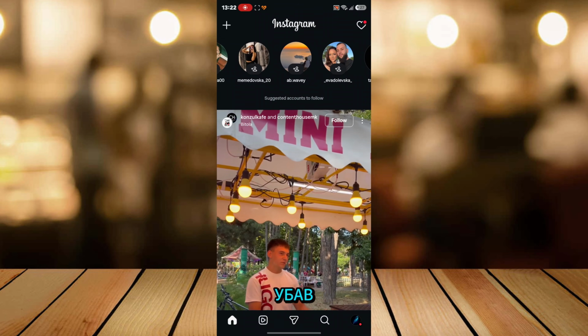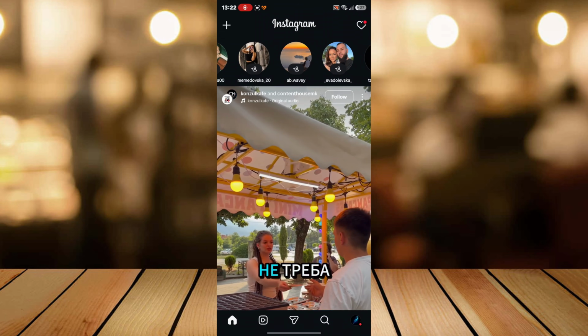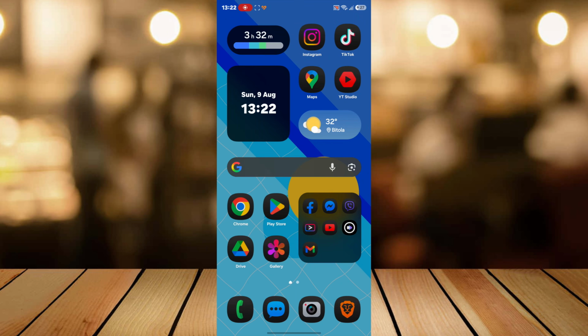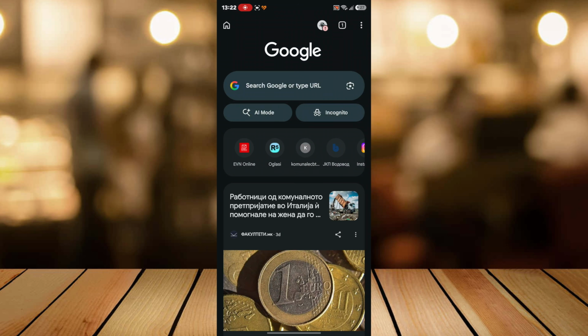Stop Instagram from making your account appear in suggestions. To disable account suggestions, you can't use the Instagram app. Instead, open a web browser like Chrome on your phone. Head over to Instagram.com